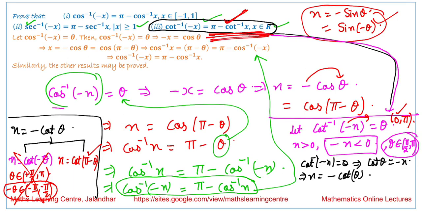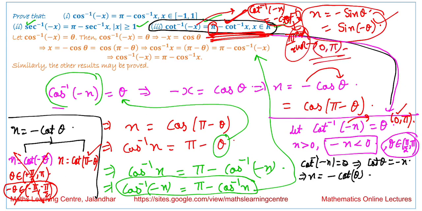We are not writing it in the form that cot inverse of minus x is equal to minus cot inverse of x, because in these cases this angle we are talking about will lie in the third quadrant. But we know that from the principal values of cot inverse, the values should lie between 0 and pi. That is why we are writing the answer in this form, that it is pi minus cot inverse of x.